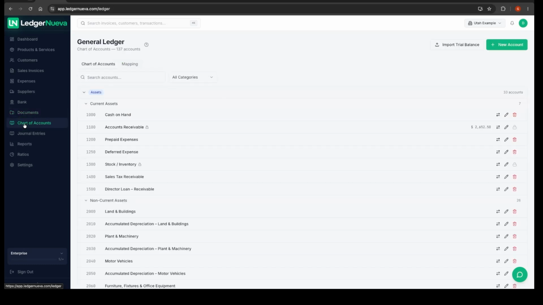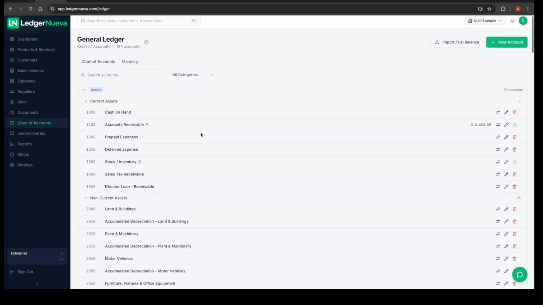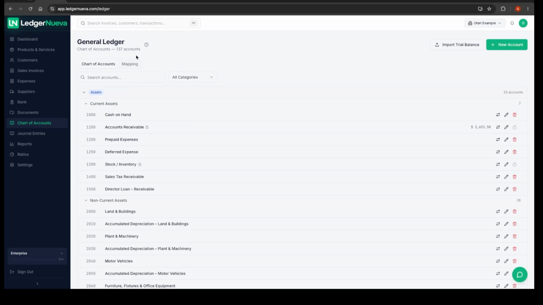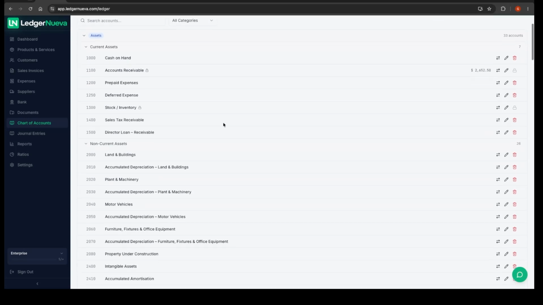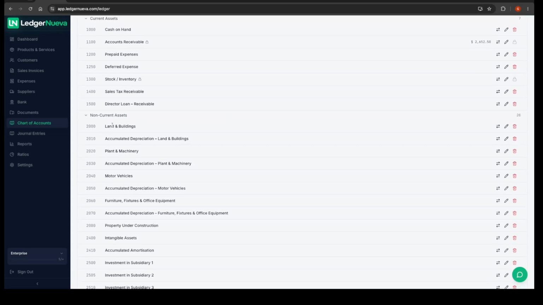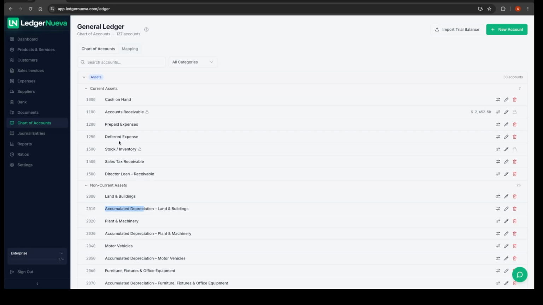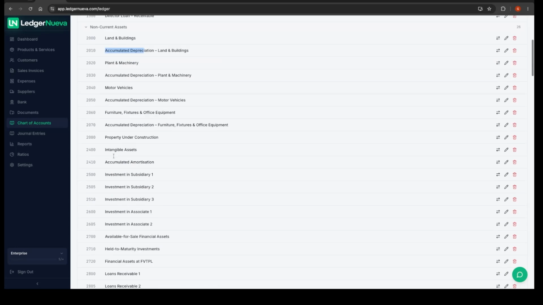Here are the documents we saw already. And let's go see something rather boring if you are not an accountant, but even if you are an accountant, here is your chart of accounts. For the moment, there are a total of 137 accounts in this specific company. But you can add accounts. For example, you have some basic assets, accumulated depreciation accounts, cash, bank, stock inventory,